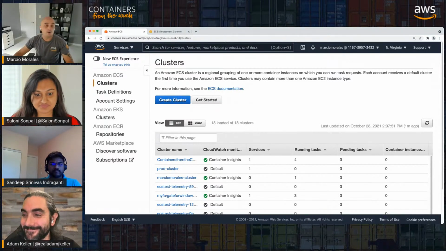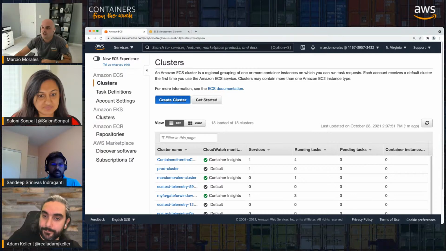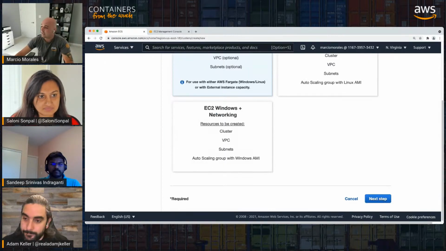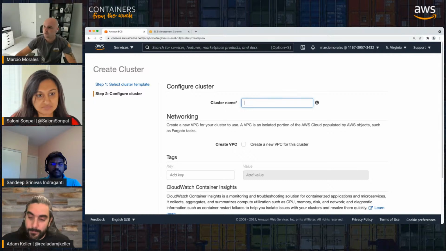Okay. So on the Amazon ECS console, you have clusters, right? And then once you click in clusters, you're going to see create cluster, right? So when you are creating a Fargate cluster, it doesn't mean there is no EC2 being deployed for you on your account, right? So you are going to select network only to create an ECS cluster. Once you select that, super easy. You can just specify the name of the cluster. So let's say containers